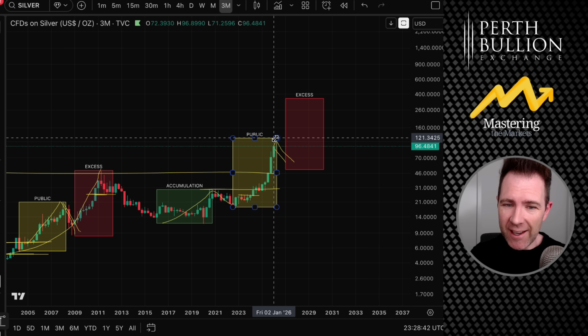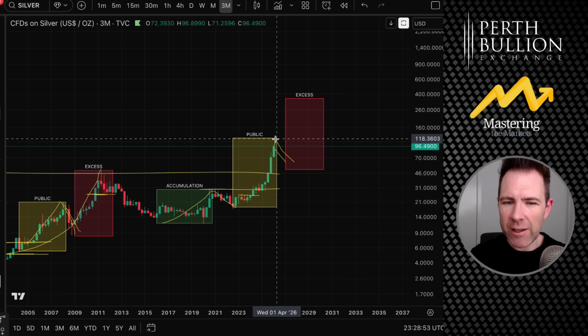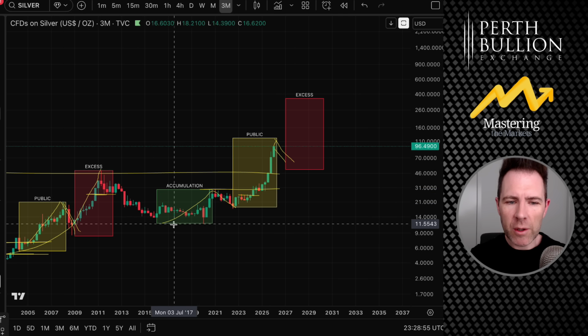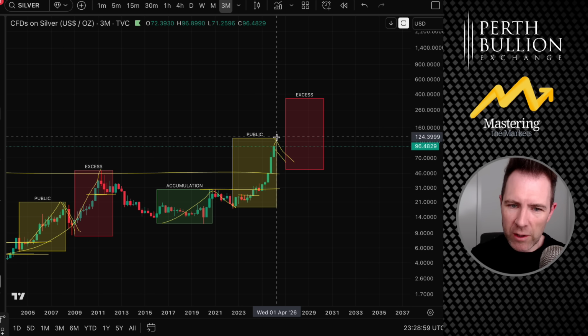We are not there yet, and that's not coming till probably around your 2030-ish kind of area. You still have the excess phase to go. Okay, so that's how you know the silver top is not in, because you have now identified the different phases and where you are. We're at the top end of the